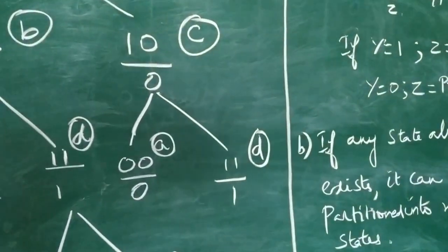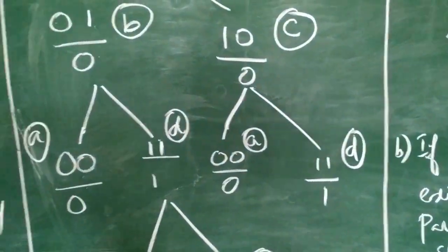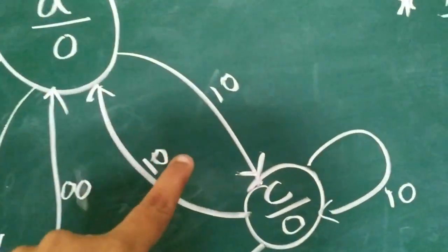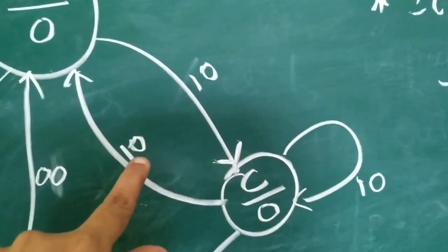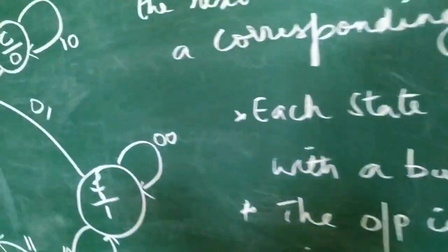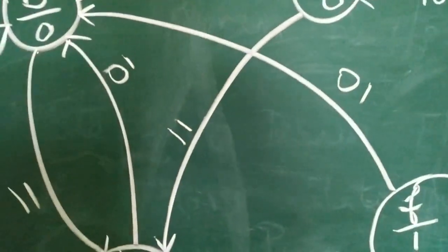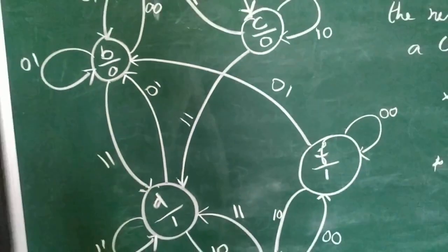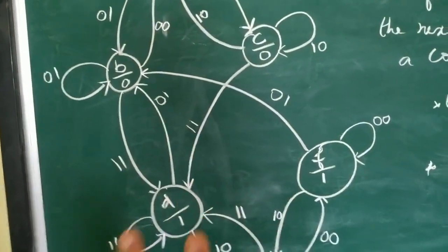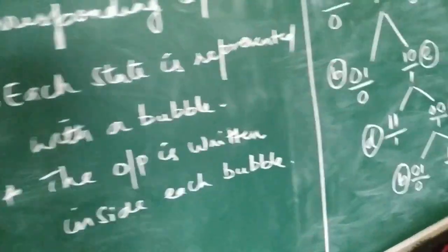From C it moves to A and D. So C already it is there. It moves to A for the value 1 0. The transition value is 1 0. And then from C it moves to D. So D is also already there. 1 1 it moves to D. You can see here from C to D that new state is 1 1. Okay, and next it's going to be